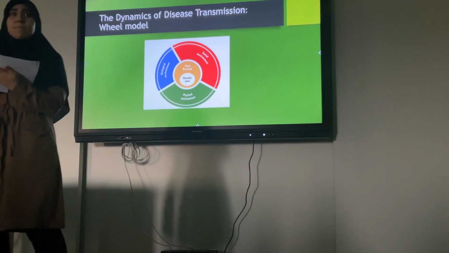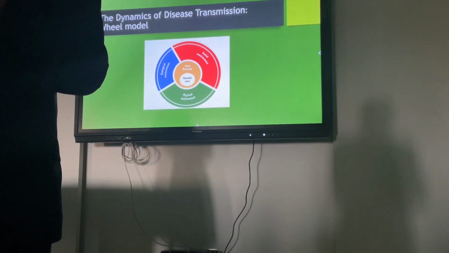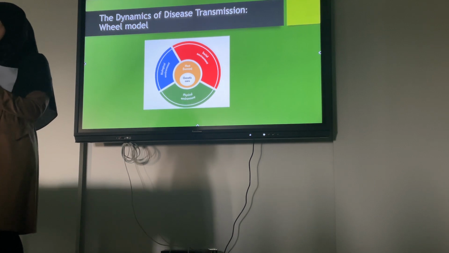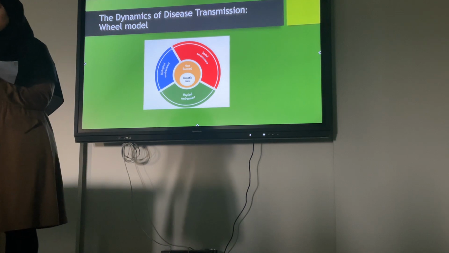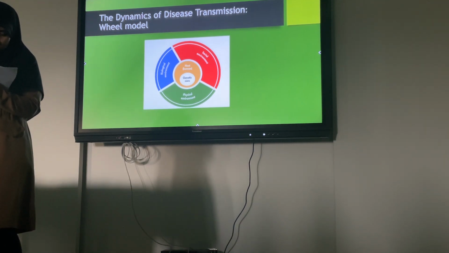Human behavior, human interaction, the human environment. When we have interaction with each other, we can produce some social environment for each other. And also the lifestyle, the cultural practice of the community. The culture is also a social environment. Some cultures may predispose getting some special kinds of diseases.